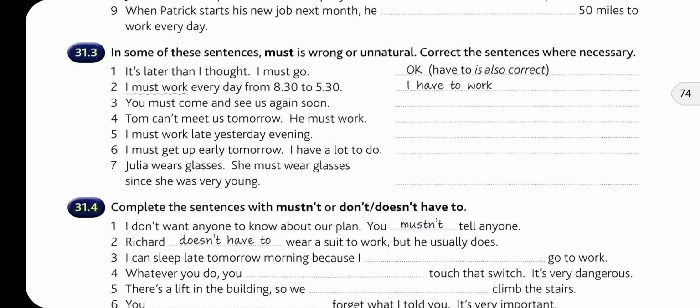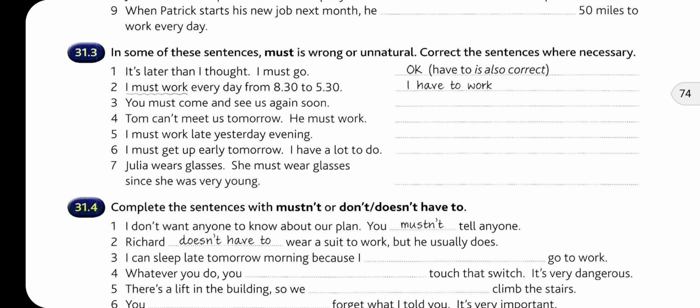Julia wears glasses. She must wear glasses since she was very young. هنا طلاب الجملة غلط. ليش؟ لأن عندنا since ضمير ظرف adverb نستخدمه فقط في زمن ال present perfect. فقط في زمن ال present perfect استخدم since. فال present perfect ما يستقبل إن المust، لازم استخدم ال has أو ال had حسب السبجكت مالتي. فهنا she must wear glasses شو تصير؟ she has